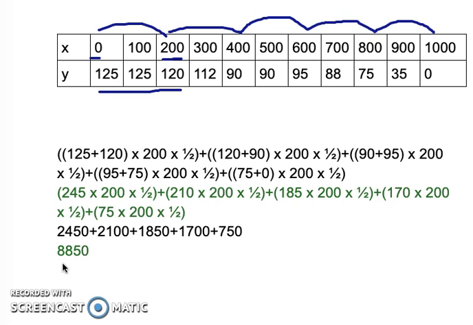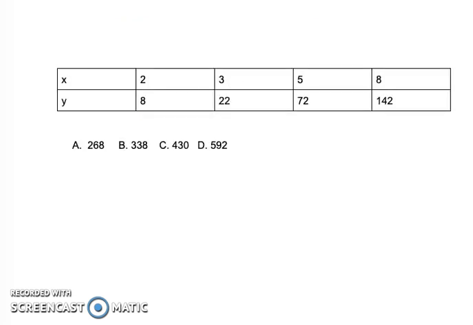Here is a third example, which is an AP type problem. So this is the kind you would find on your AP exam. This one is a little bit trickier because the intervals are different. Instead of it being all the same number in between, we have 2 to 3, 3 to 5, and 5 to 8. So that's differences of 1, 2, and 3, which is a little bit trickier,